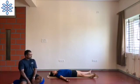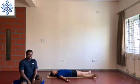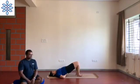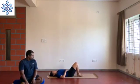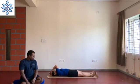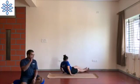Now for the last posture, Sarvangasana. Join your legs together, hands by the sides. Tuck your t-shirts. Hands by the sides. In case it's difficult for you to do Sarvangasana by yourself, you can move to the wall. Take your hips to the wall, legs up,